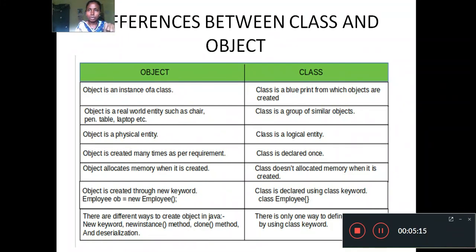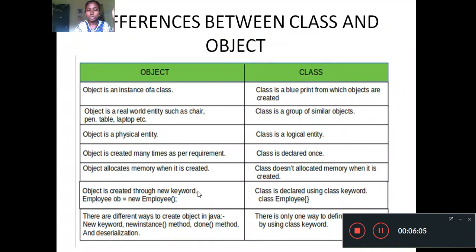So the flower class, inside that flower class you create the rose class, lily class, and marigold class. Okay, so object allocates memory. For example, if I say vehicle class, inside the vehicle class there can be different classes, it can be car, it can be motorcycle. Objects allocate memory when they are created. In C programs, when we normally created a variable, memory was allocated. But here, when we declare a variable, memory is not allocated; when we create an object, it allocates memory. Class doesn't allocate memory when it is created. So when we create a class, it doesn't allocate any memory.